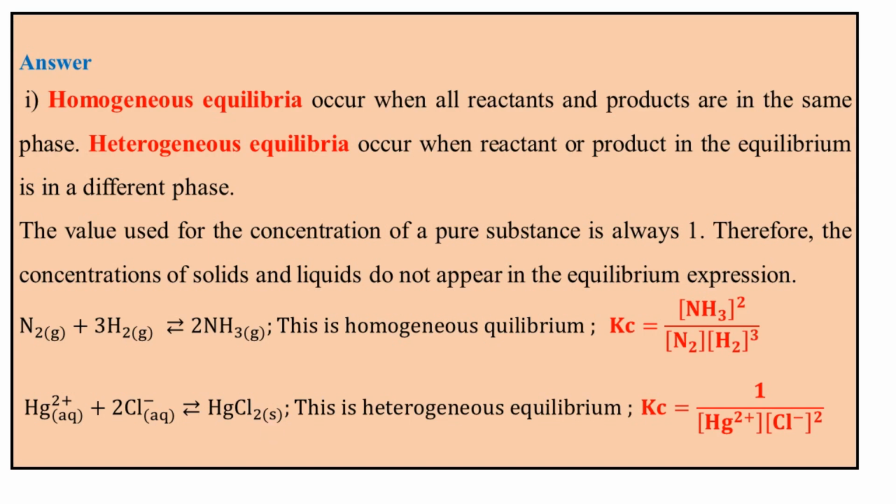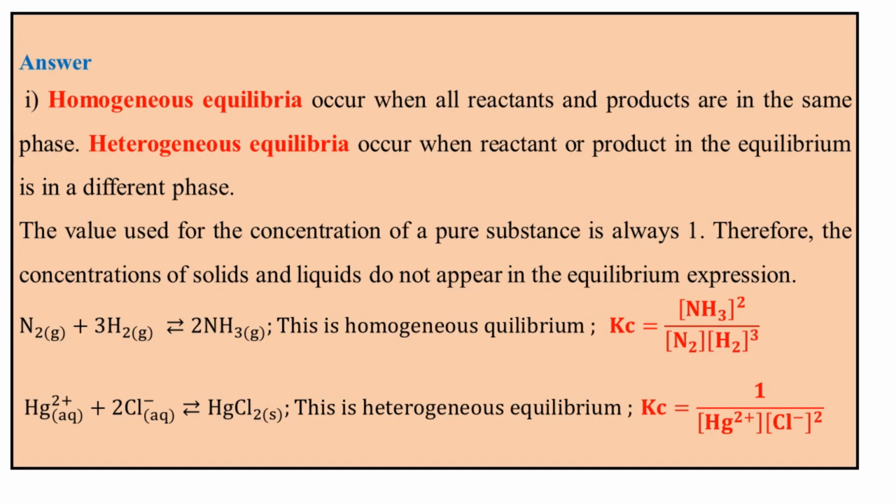That means the reactant and the product are in different phases. In this case, we have heterogeneous equilibrium. So remember, when you have a pure solid or a pure liquid,